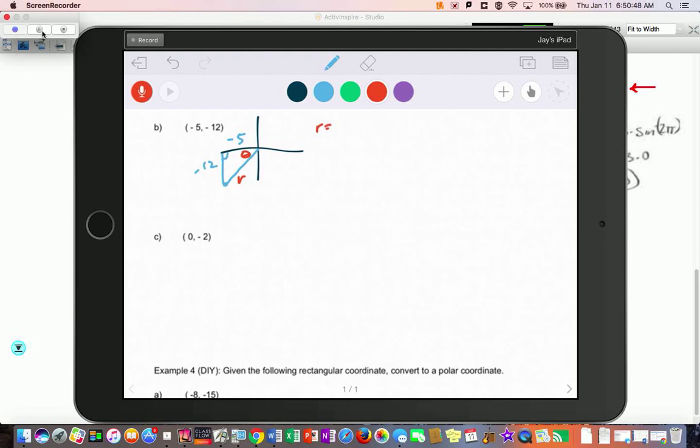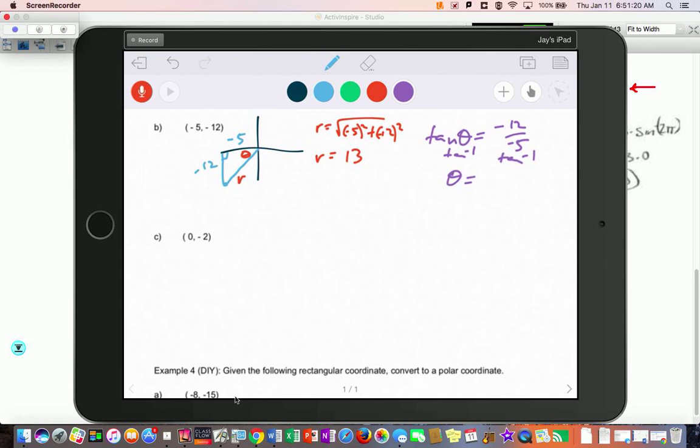So r will be the square root of negative 5 squared plus negative 12 squared. So that's 25 and 144, which is 169, and the square root of 169 is 13. And then we will inverse tangent, so we'll do tangent opposite over adjacent. So when you do the inverse tangent on both sides,